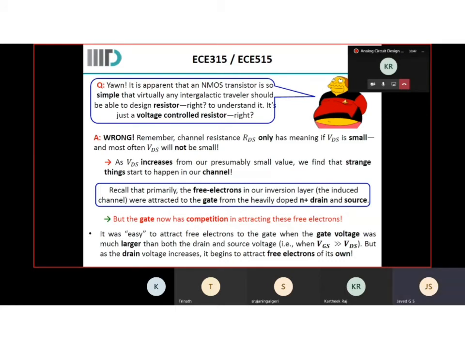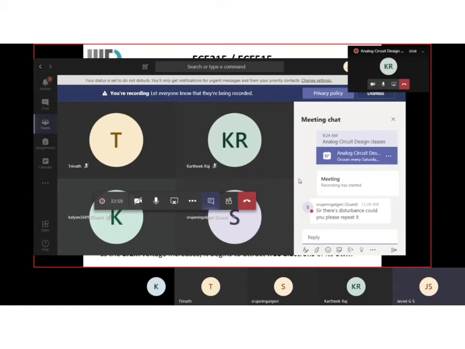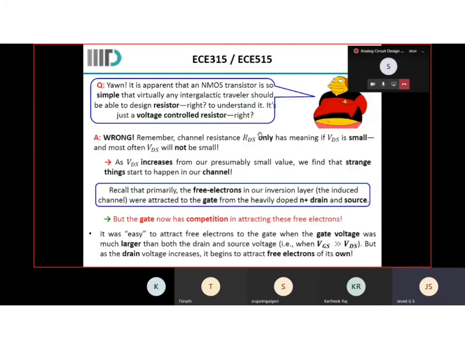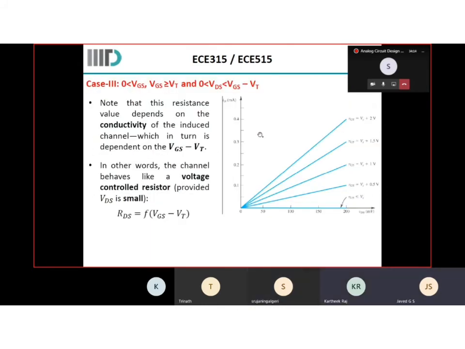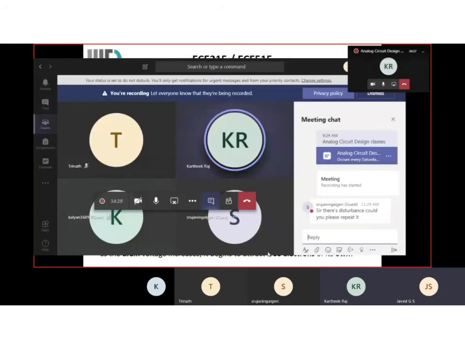So do you have any questions here to ask? So, could you please explain about the body, how the body comes into play and what effects it will have if VSB is not zero? So I will come to that. I'll probably do it in the next few slides which I have. Okay. Apart from that, do you have any other questions? Yeah, and also the subthreshold region of operation, when VGS is less than VT, how it behaves, that can also be included here, I think.